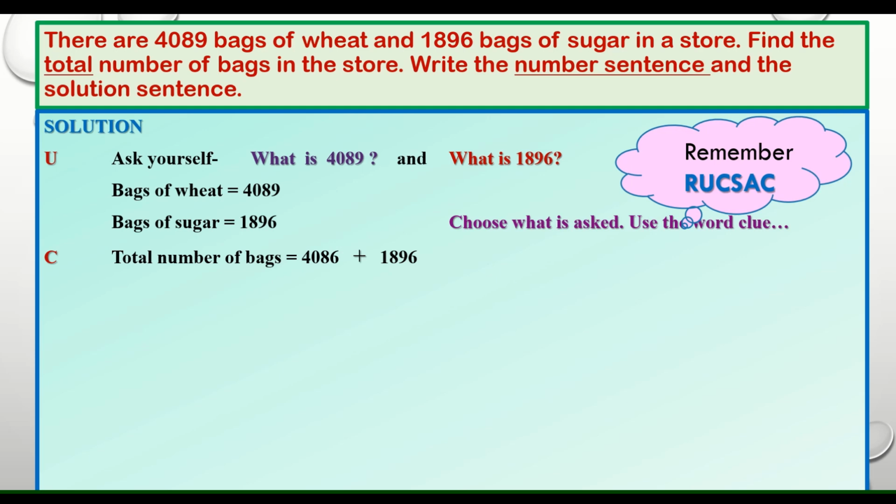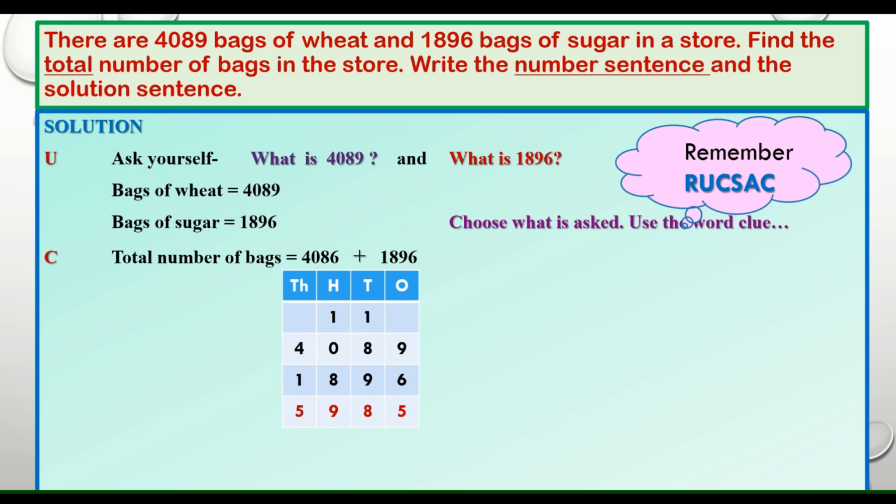When we add any numbers, we call them addends. To add them, we have to arrange them in columns. So when we arrange them in columns, the first step is to write their places on the top. Then arrange the addends in columns according to their places and then solve it, add it, and you will get the answer.